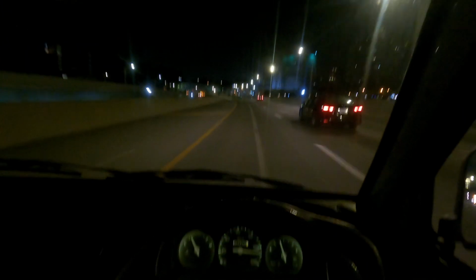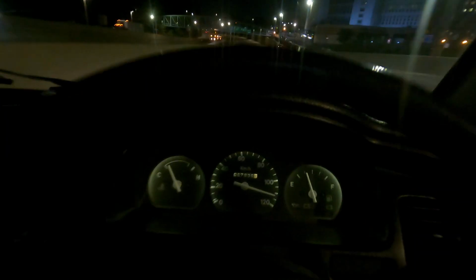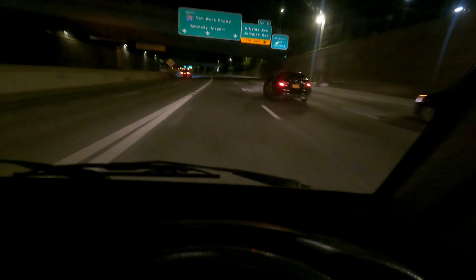Alright, let's go. Come on, mini truck. Right here. This downhill. There you have a Camry flying past me, but oh, we're almost there. Whatever, you guys get the point. We went more